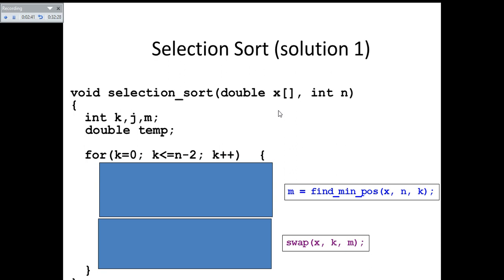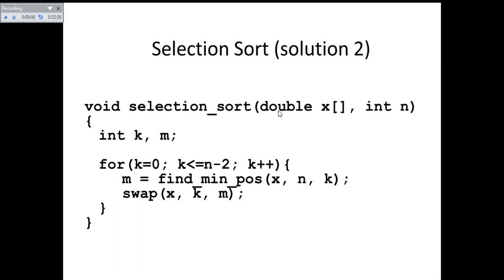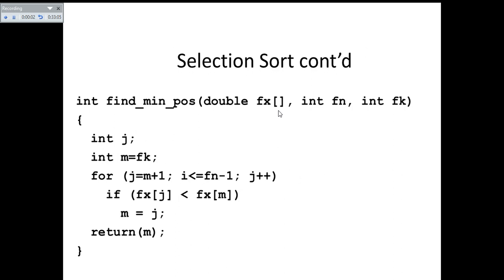So these are the code snippets that find the minimum position, and then the code snippet that implements the swap of x[k] and x[m]. And then void selection_sort of double x, int n, int k, m, for k equal to 0, k less than or equal to n minus 2, k plus plus, m equal to find_min_position of x and k. Using functions also we can implement this logic. This is illustrated. All this we will come to when we come to the function concept, and we can clearly understand how to write these. The same using the function technique.